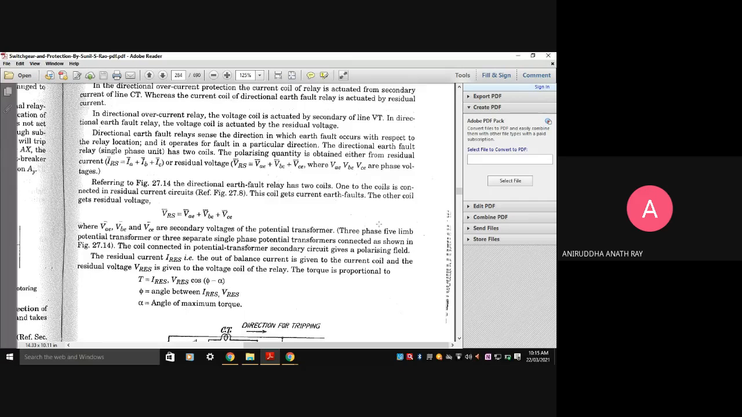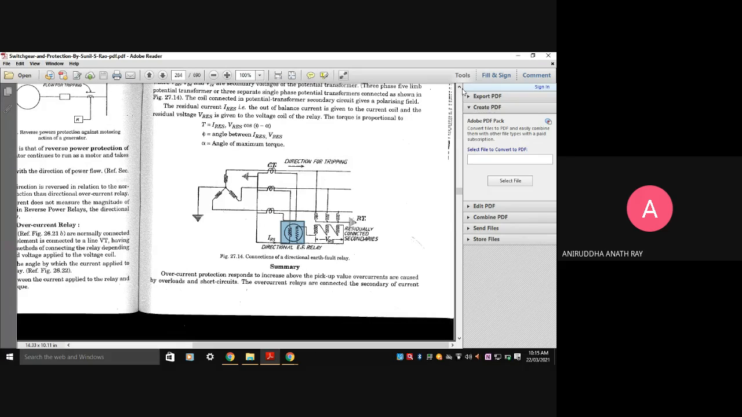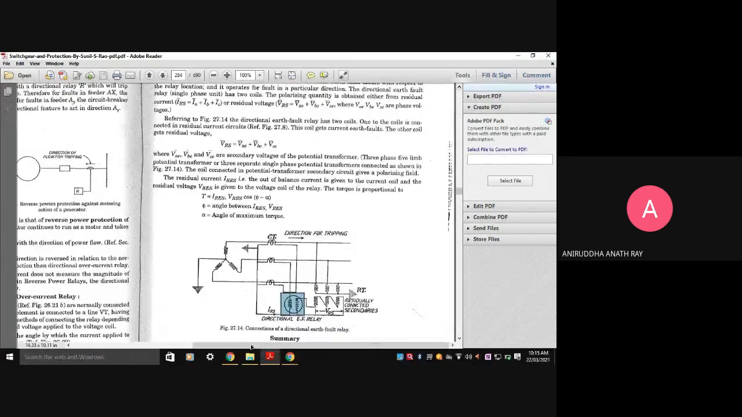I'll show you a diagram. You can see over here, this directional earth fault relay has two coils. One coil is connected in the residual